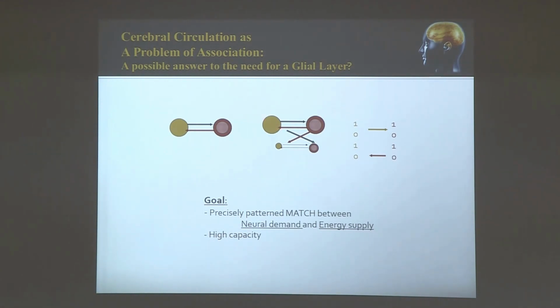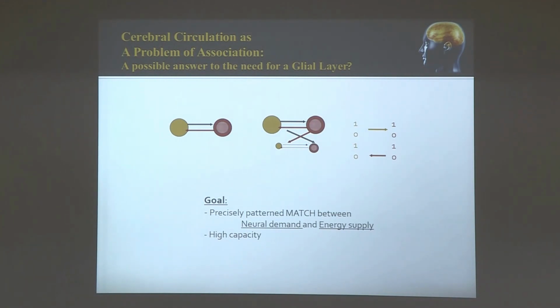So here the size of a neuron represents its activity level. This neuron is working very hard, spiking away at a high rate. This neuron is not very active. Which means the total energy influx into this neuron should be high, and the total energy into this one should be low. Now, how do you arrange for this general condition by somehow tweaking the connections between neurons and